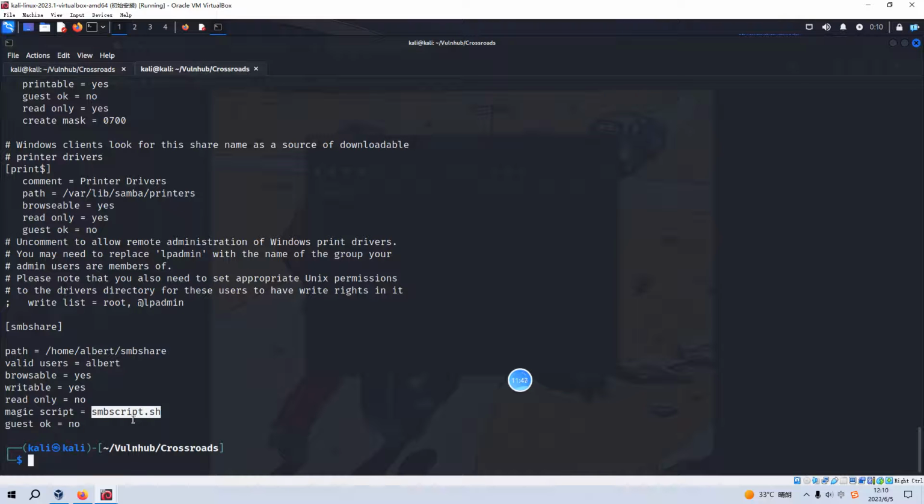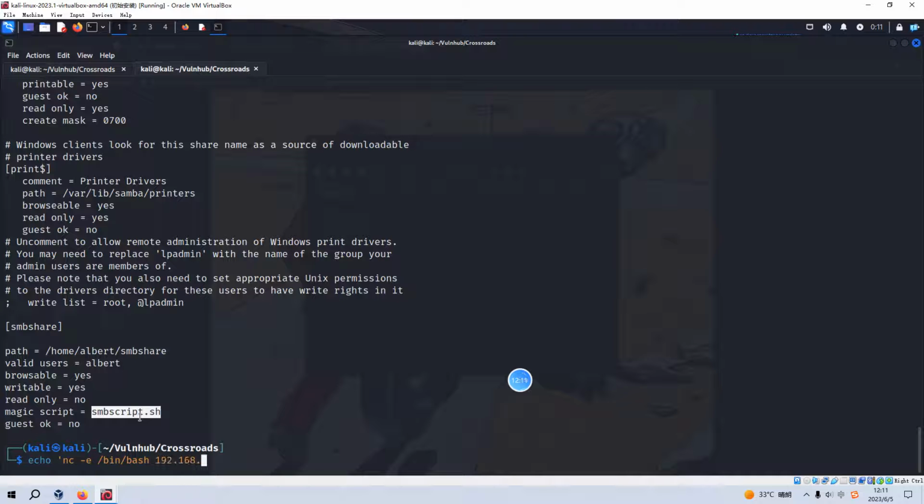But we need to generate this shell script first. This will be very easy. We can use the echo. We can use the netcat